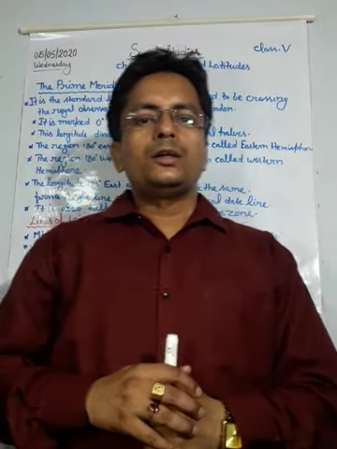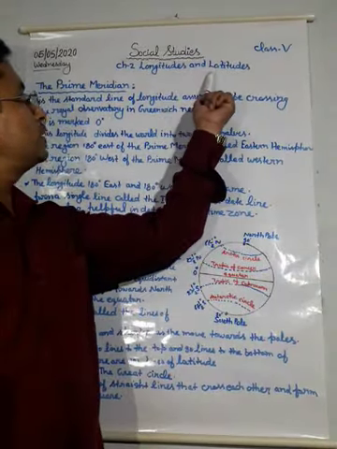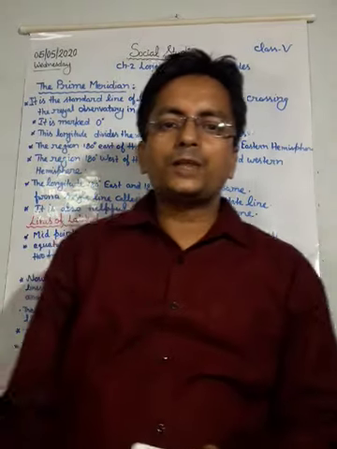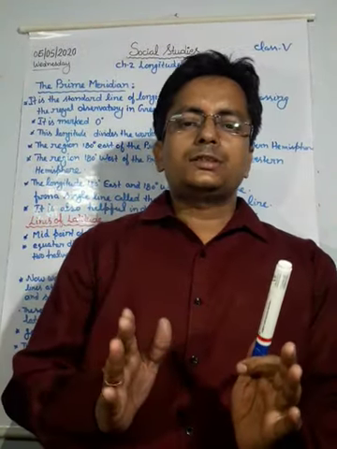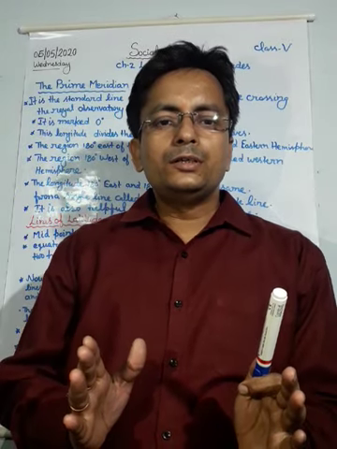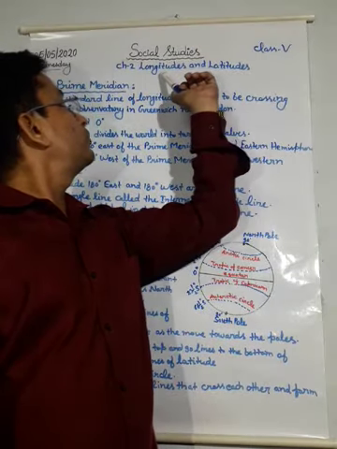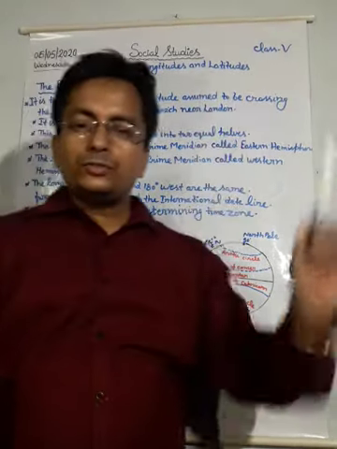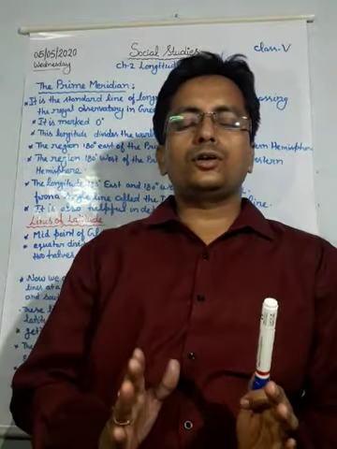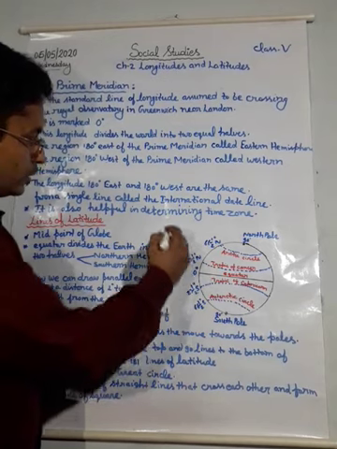So, my dear student, these latitudes and longitudes, which are imaginary lines, both lines together, with the help of longitudes and latitudes, give us the exact location of a place. How? So you can see here,